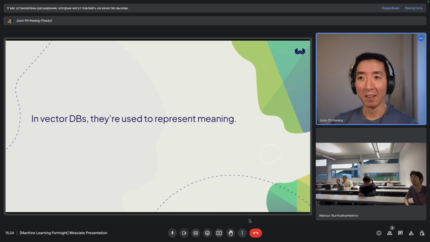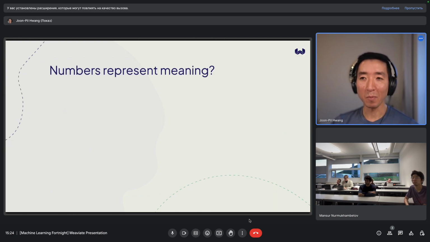And this is where, depending on how deep you want to go down the rabbit hole, it starts to get really hand-wavy or just really unnecessarily complex. So I'll try and thread that needle in between. Where people tend to get most confused is when we say, hey, we have a bunch of numbers, we use that to represent meaning. And that's where the disconnect begins to happen, because you go, well, how do a bunch of numbers represent any kind of meaning at all?